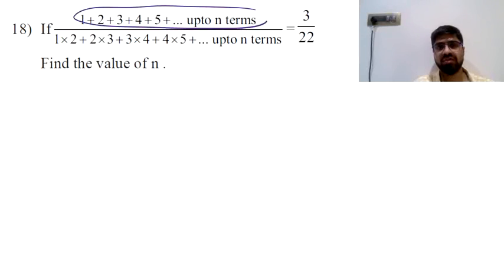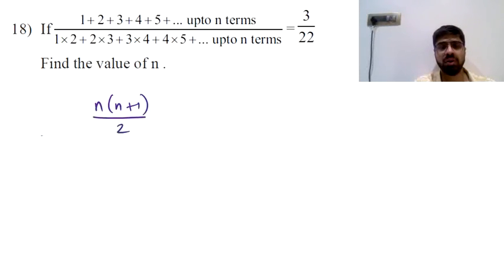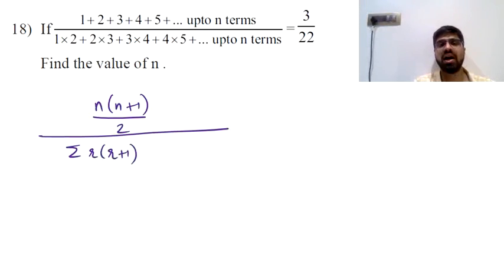In the numerator, you have the sum of the first n natural numbers. That can be written as n into n plus 1 divided by 2. And in the denominator, we have 1 into 2 plus 2 into 3 plus 3 into 4. So you can actually write it as summation of r into r plus 1, where r goes from 1 up to n. This will be summation of r square plus r, and that can be written as summation r square plus summation r. Summation r square is n into n plus 1 into 2n plus 1 upon 6, and summation r is n plus 1